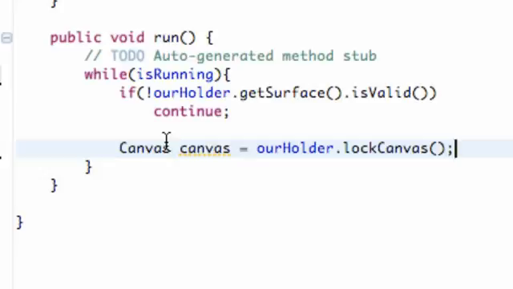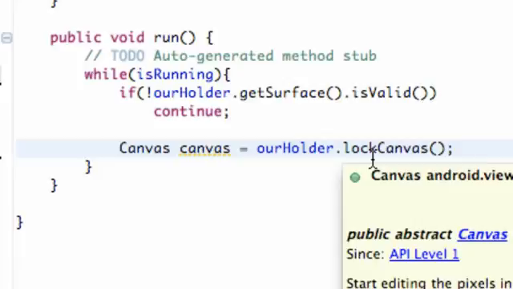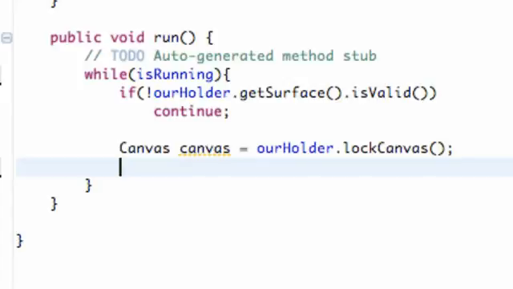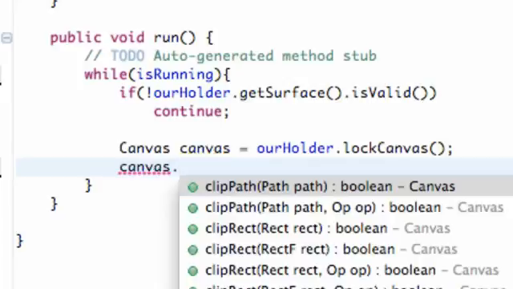Basically what's happening is we have this masterpiece, this great idea, and we want to paint it. So we're going to lock our door, then paint on our canvas, and then unlock our door and show the whole world what we came up with. That's basically what we're doing within this loop. We're locking the canvas so no other classes, no other activities, no other threads can access this canvas. That's the point of locking it. Once it's locked, this is where we're going to start painting, or drawing I should say. So we're going to say canvas dot draw